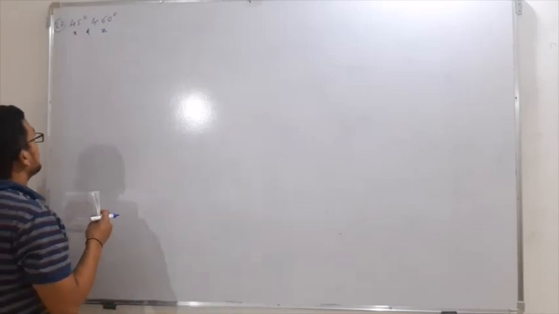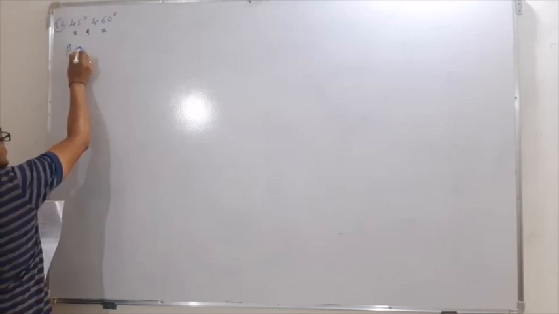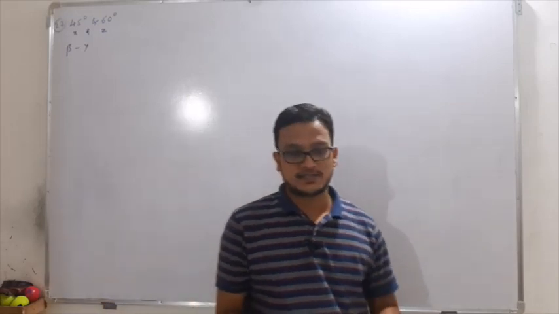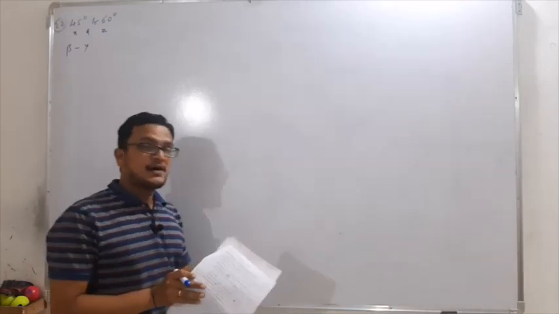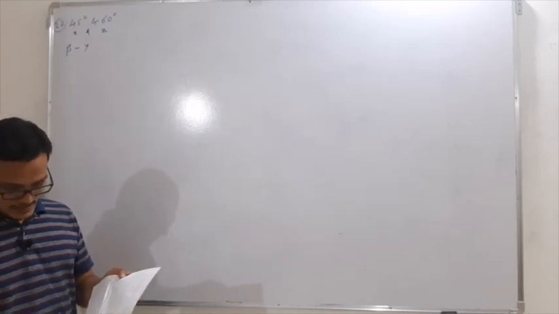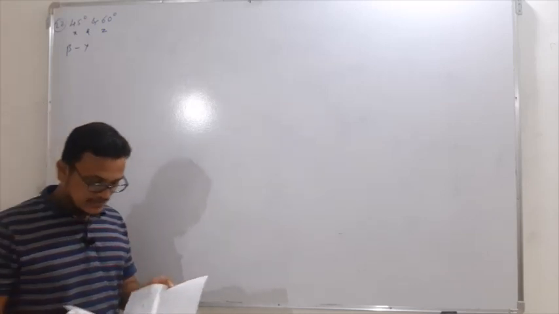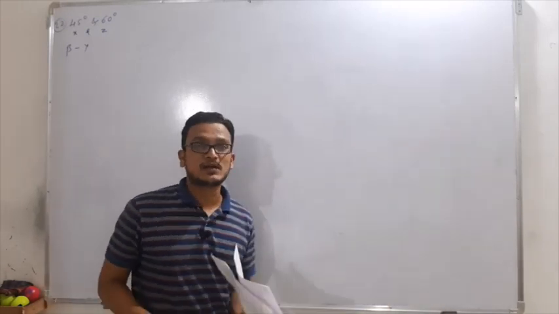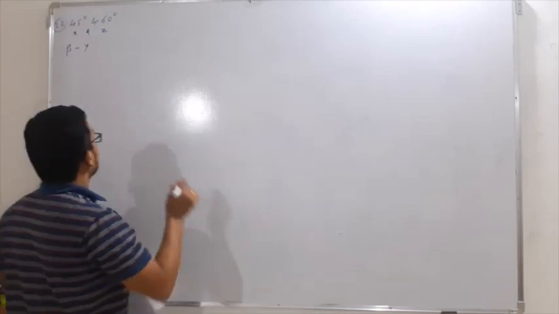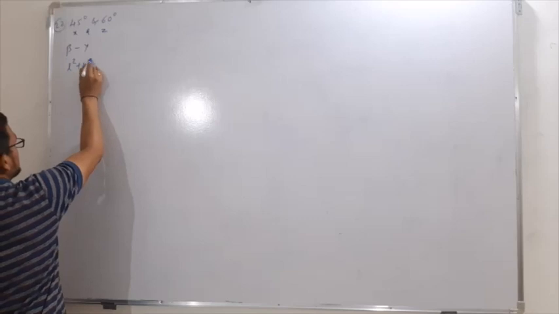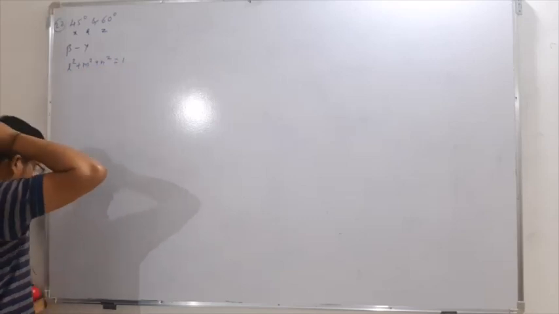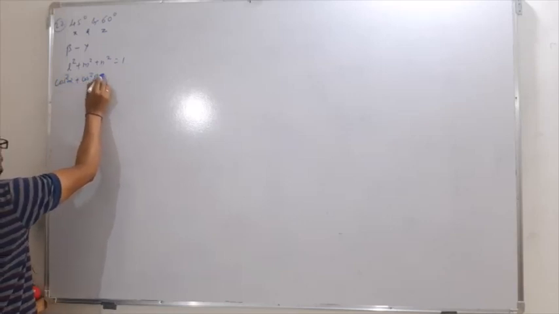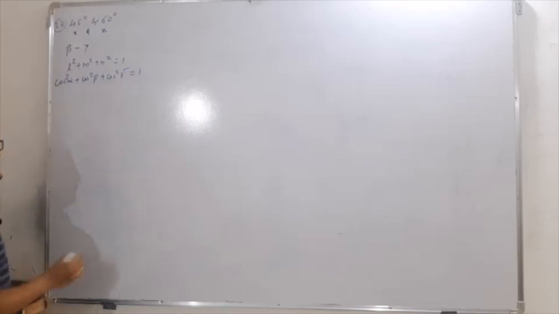Let us assume that beta is the angle along the positive direction of the y axis. Here alpha, beta and gamma are the angles, and if I write cos alpha, cos beta and cos gamma, these become the direction cosines. Then we have one of the relations, that is l square plus m square plus n square is equal to 1. So this will be cos square alpha plus cos square beta plus cos square gamma is equal to 1.